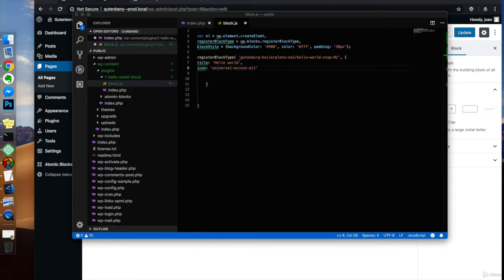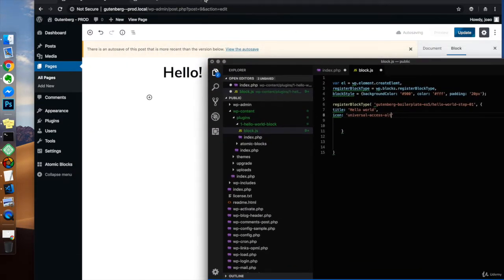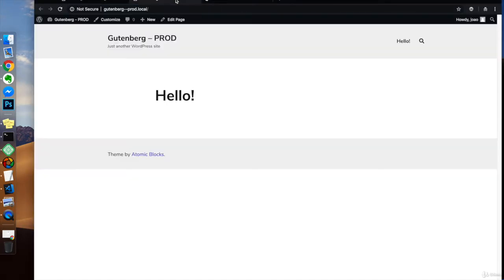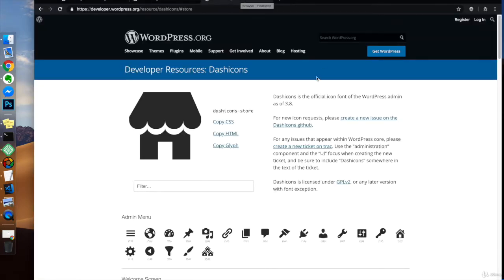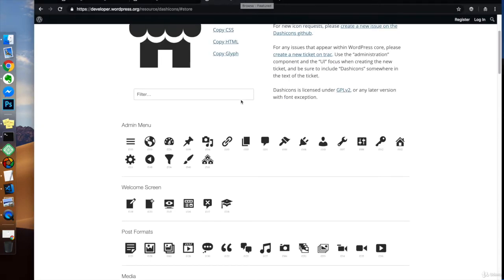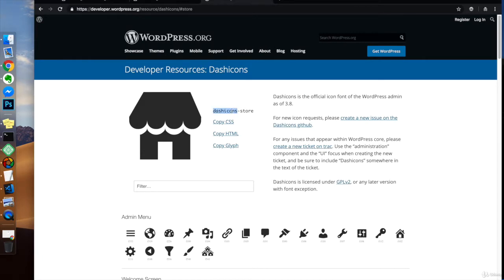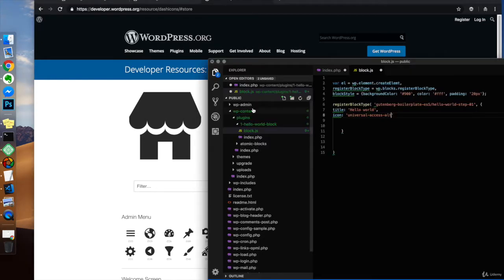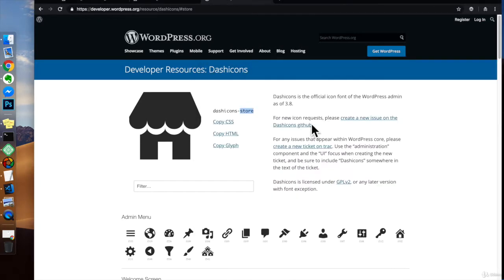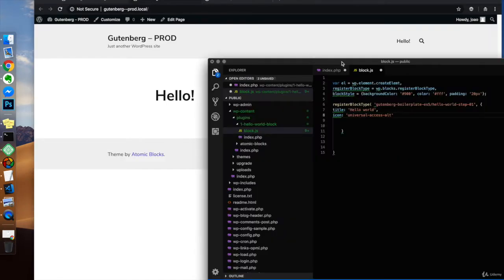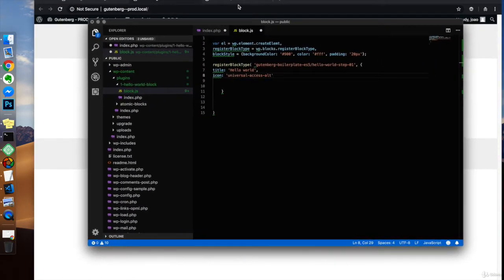All the icons are available right over here. Let me just show you the link. You can change the icon. You could choose another icon. Just remove this. You only want this. Imagine that you want the store icon. Just type store over here. Remove the dash icons. So if you want to change the icon, this is the source of the icons to go to. If you are using WordPress icons, you can also use icons from another source like Font